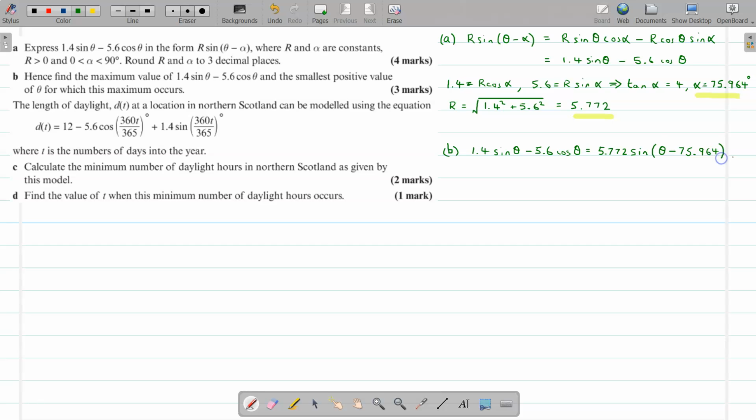So what we've done is we've written it in a form where it's easy to see its maximum and minimum values. You see, sine of an angle is restricted to between -1 and 1. So the maximum value of this whole thing occurs when sine of the bracket equals 1. So I say that that's maximum when the sine of that is 1,